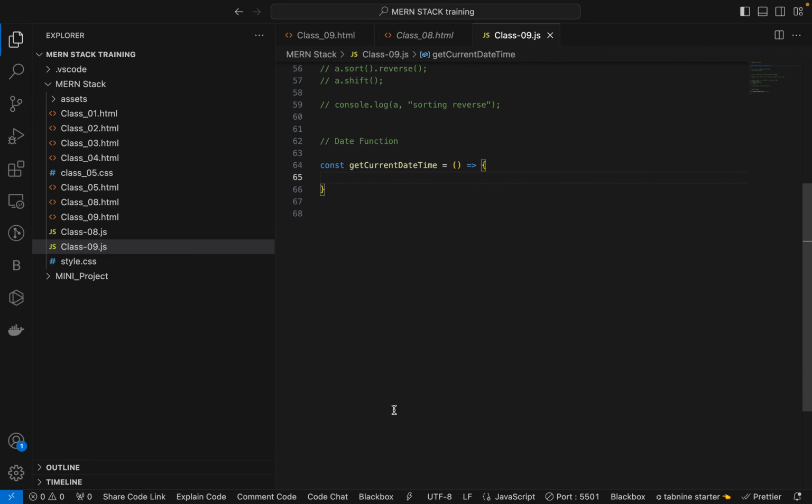So inside the function you have to write the current time, current date, sorry. First of all we have to grab the date, so you'll have to use the Date function. What is that? This is a built-in feature. If you want everything in detail, like year, date, month, time, you can use current date dot